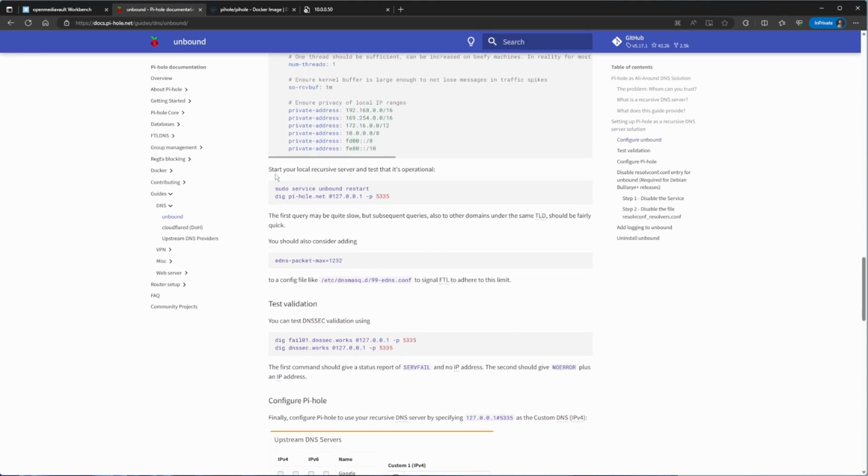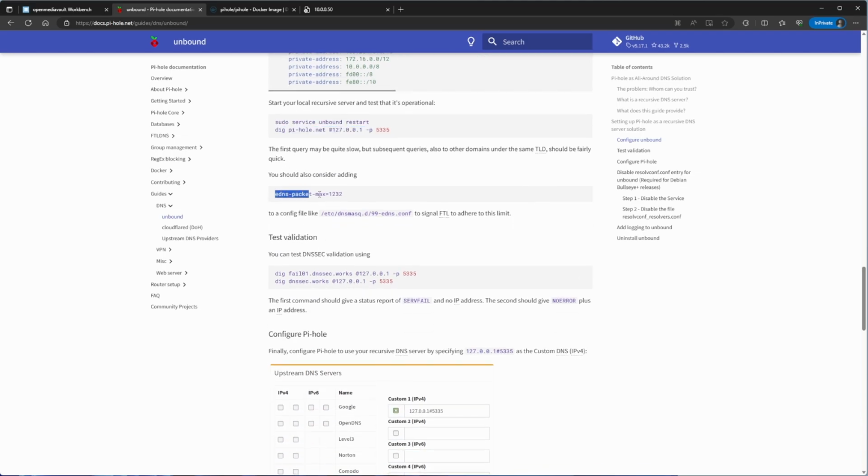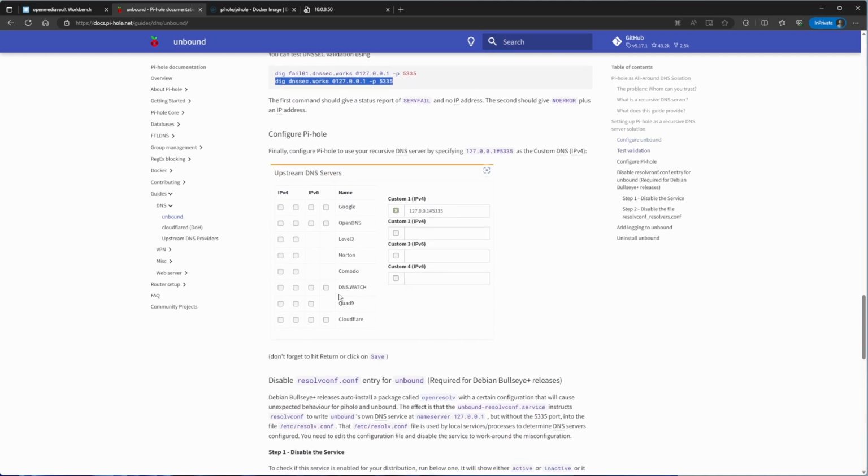After you get it installed and running, we can do this test to make sure that it actually does the local DNS queries. We also need to add this packet max equals 1232 on this configuration. And also to test the validation, right? This one's supposed to fail, not give you any IPs, and then this one should give you the feedback. Then we do the final configuration changes on the Pi-hole